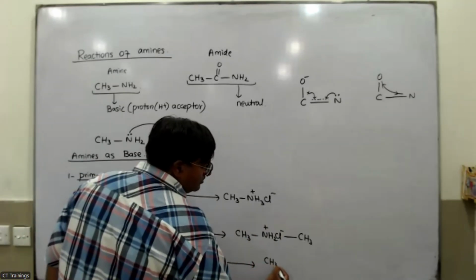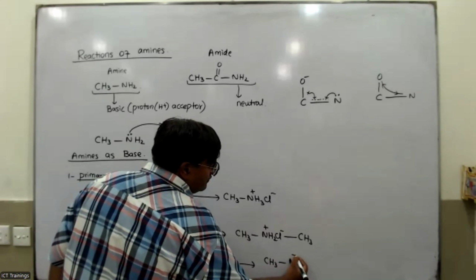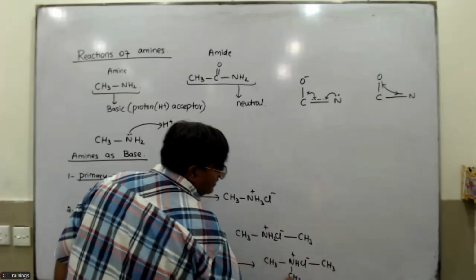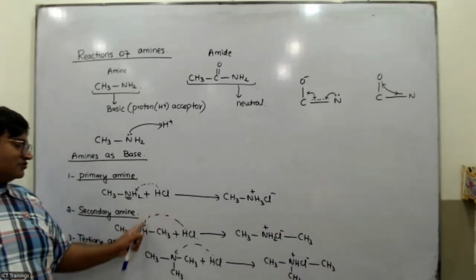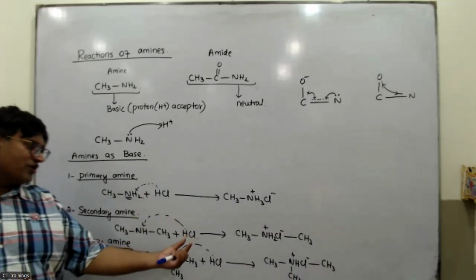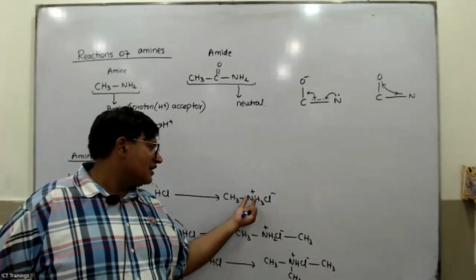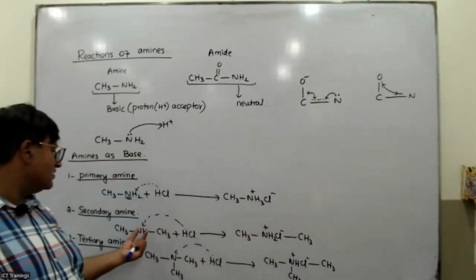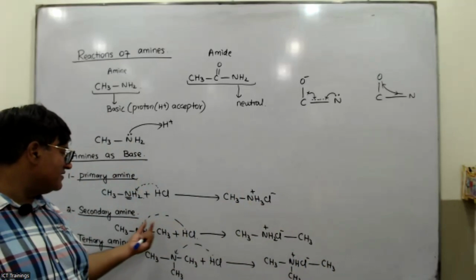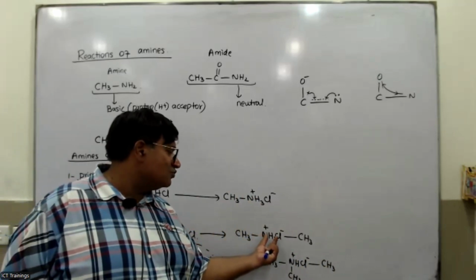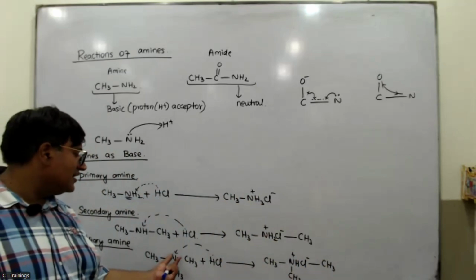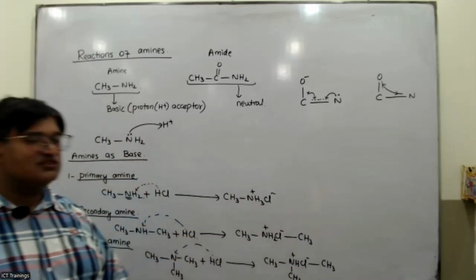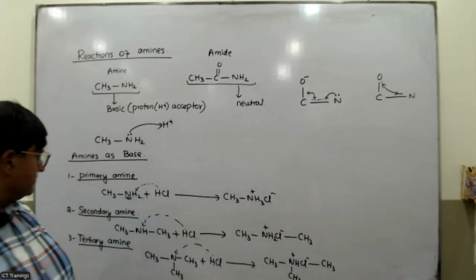So it would become CH3, NH positive, Cl minus, and this is CH3 and CH3 as well। तो तीनों केसेस में देखें कि उसने हाइड्रोजन को एक्सेप्ट किया और अपने साथ ज्वाइन करके यहाँ पे दो हाइड्रोजन थे so it would form NH3 positive। This one is having one hydrogen so it accepted one H positive to become NH2 positive। और यहाँ पे कोई हाइड्रोजन नहीं है so it accept one hydrogen to form NH positive Cl minus। तो तीनों केसेस में आपके सॉल्ट फॉर्म हो गए हैं।